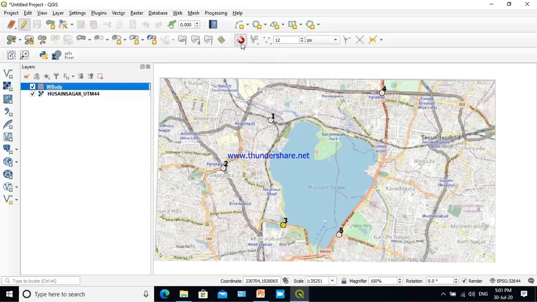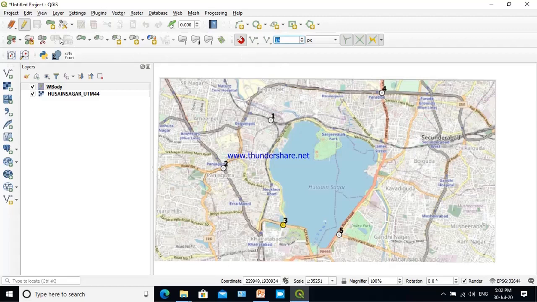Enable snapping and active layer, because only one layer is there. Let us snap the vertex, and segments would be snapped if they are closer by 12 pixels. Enable topological editing, enable snapping, and also click this. So that is, the snapping environment is created. Means if two points are close by, they will be snapped to one point. So that's why the header of this toolbar is shown as a horseshoe magnet.